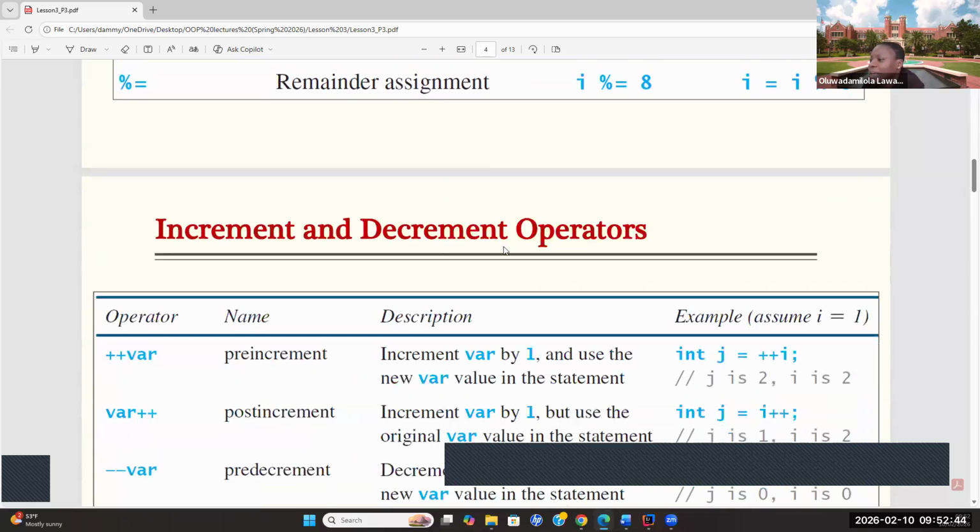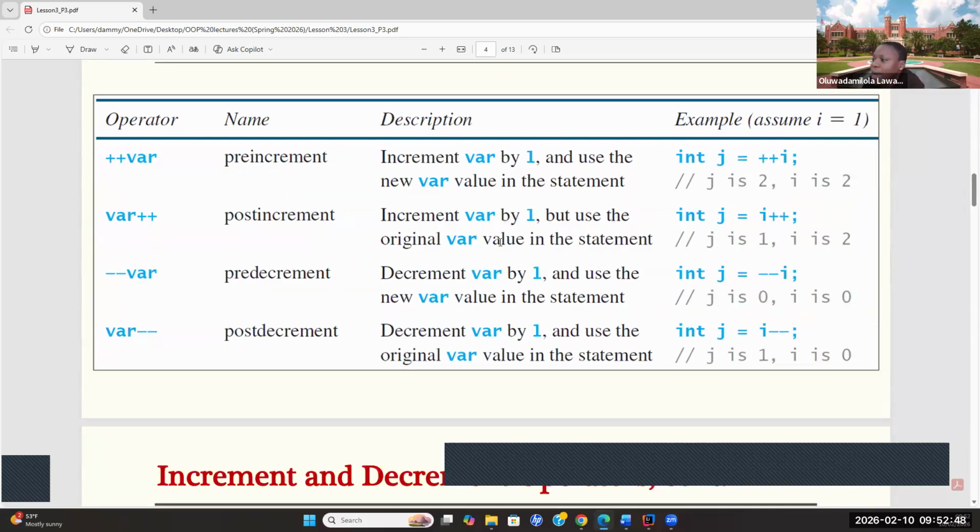We also discussed the increment and decrement operators, and how the compiler processes this kind of instruction in the order of execution. We have the pre and the post. What is the order of execution in the pre, and what is the order of execution in the post, for either increment or decrement